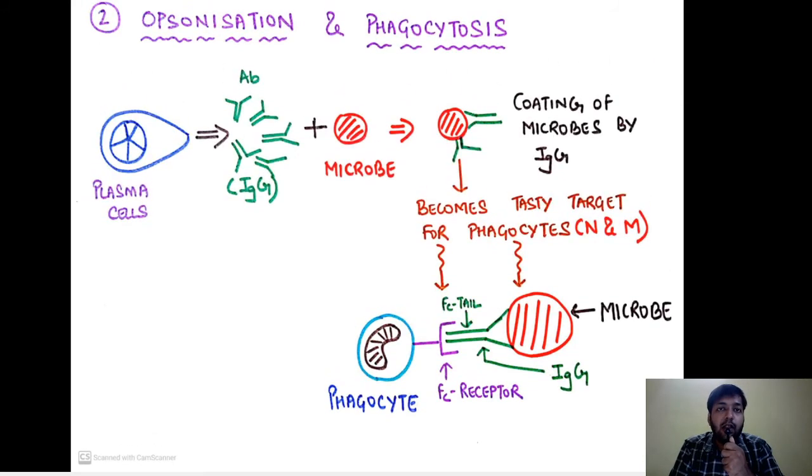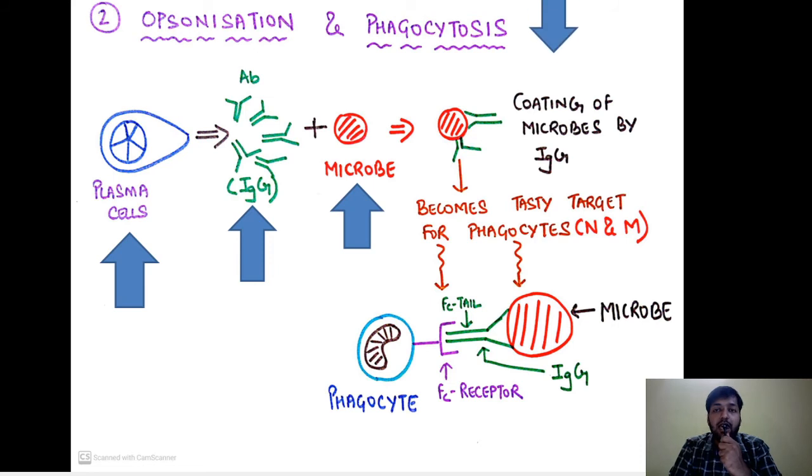Now the second important function is opsonization and phagocytosis. We have already seen that once the plasma cells are produced, they release certain antibodies. In this case, the opsonization is carried out by IgG. This IgG goes and coats the microbe, and once this coating occurs, they become very tasty targets for the phagocytes like the neutrophils and the